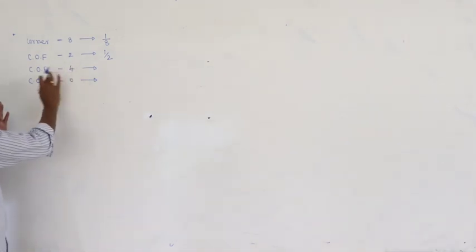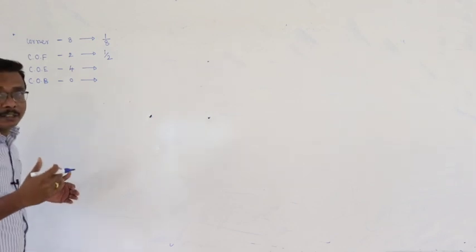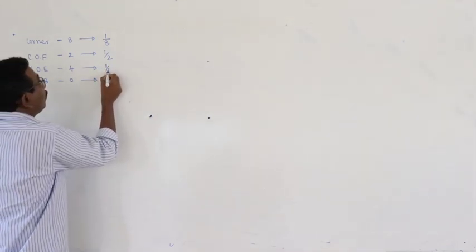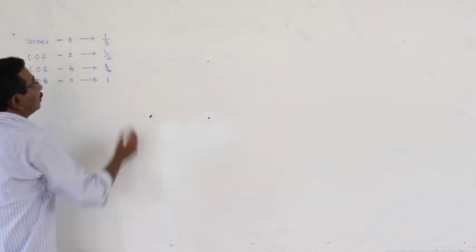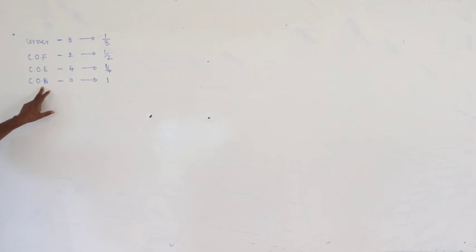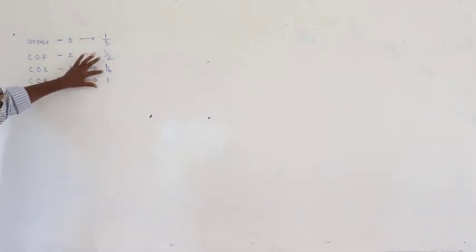And here 1 ion is shared by 4 unit cells. Therefore, how much part of the ion is contributed to each unit cell? 1 by 4. Here the total ion belongs to the same unit cell. The value of the contribution is equal to 1. 1 by 8, 1 by 2, 1 by 4 and 1.